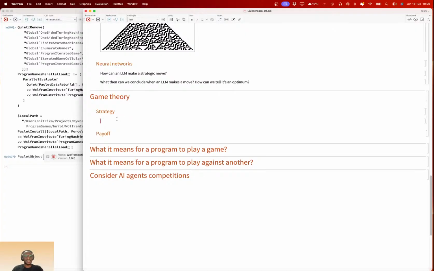A strategy in the sense of game theory is: if my opponent makes a move, what move will I make so that I gain advantage, or my score is always higher than the opponent's?